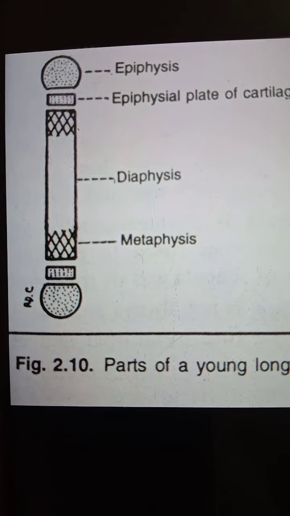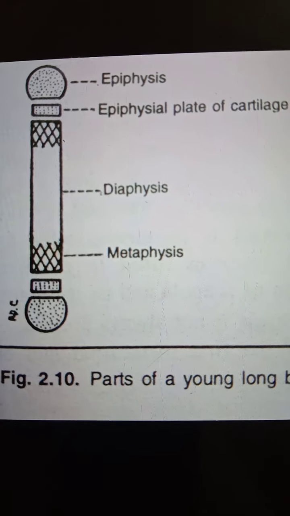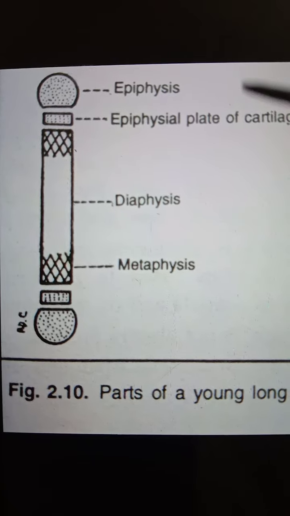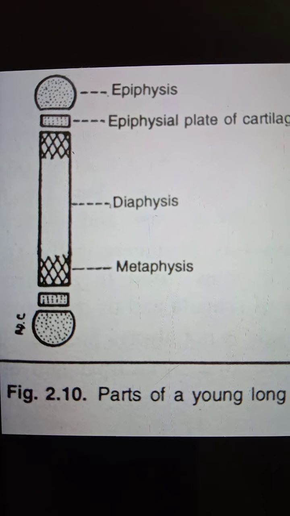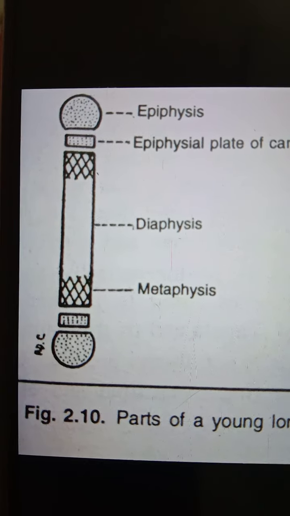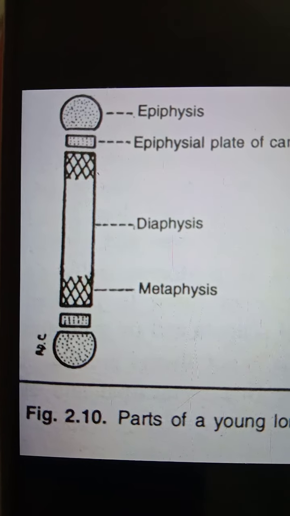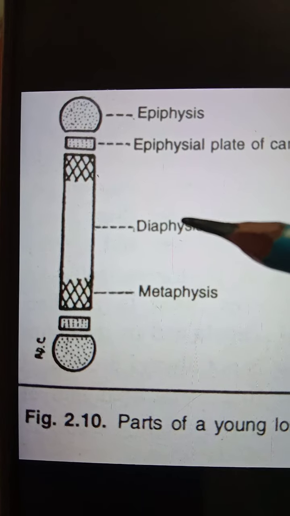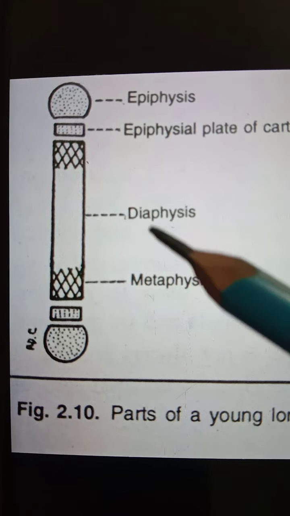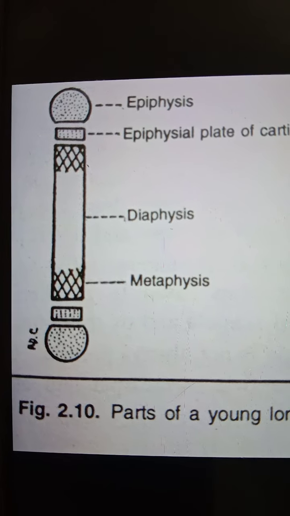After that, let's see the parts of the young bone, and how the development of the bone occurs in the young stage. A typical long bone ossifies in three parts: the two ends, the upper end and the lower end, from the secondary centers, and the shaft from the primary center. Before ossification is complete, the following parts of the bone are seen: the diaphysis, the metaphysis and the epiphysis.